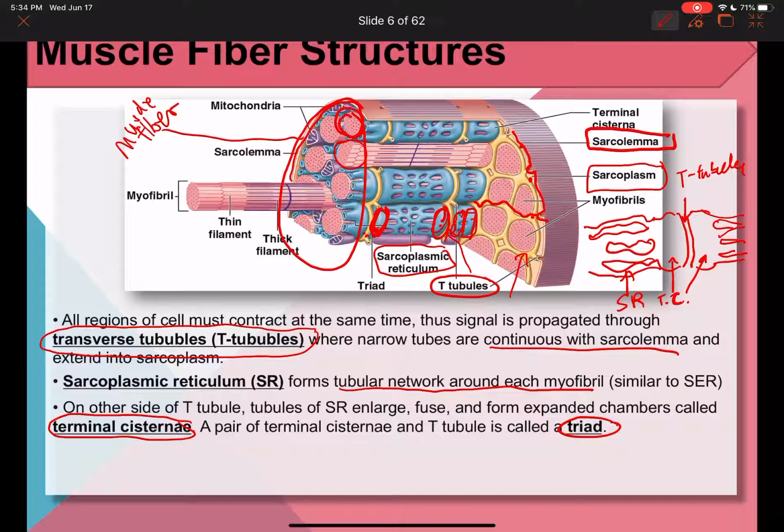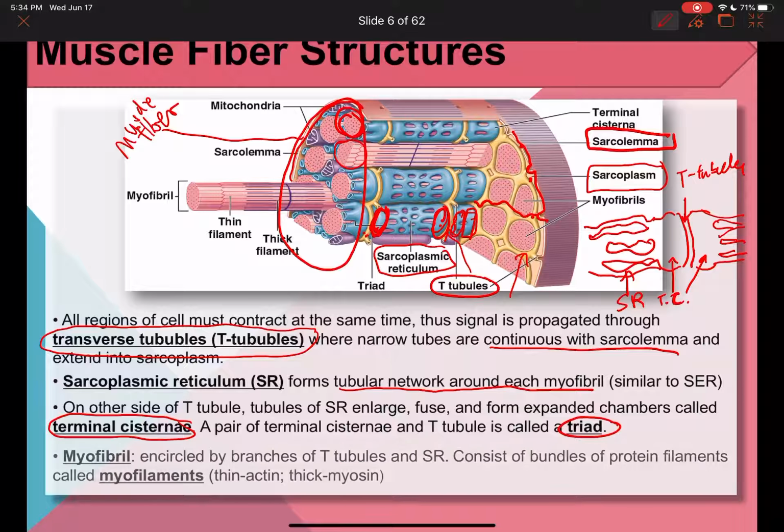as the triad. Triad, because it's made up of 3 cylindrical tubular things. That's why it's called a triad. And again, the whole thing here is one muscle fiber that we're seeing, and one of these pink tubes is a myofibril, and they're made up of myofilaments called actin and myosin that we have already mentioned. So the model you see in lab representing a muscle fiber looks just like this, and that's what it's